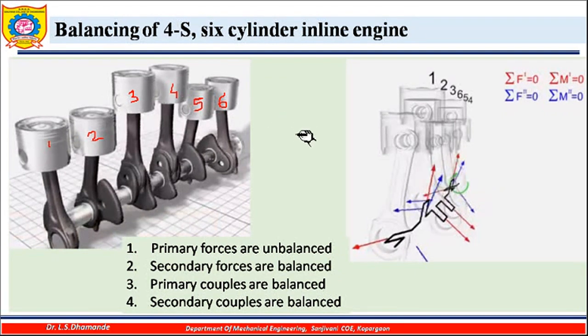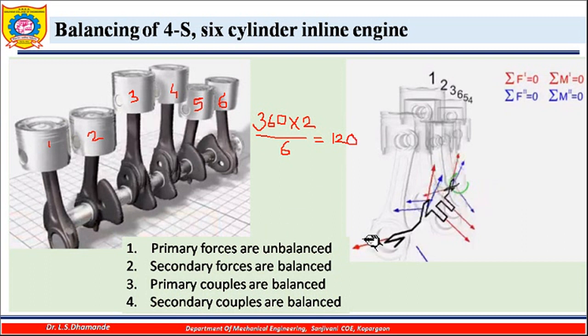In this case, if I have to find the angle between the cranks, one revolution means 360 degrees, so this is 360 degrees multiplied by 2, because the power stroke occurs once in 2 revolutions, and the number of cylinders is 6. This way I can find the crank position, and it is equal to around 120 degrees. So we are going to arrange these cranks at an angle of 120 degrees.